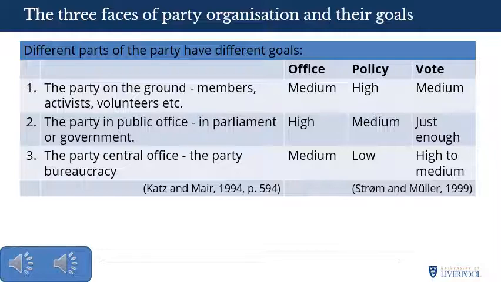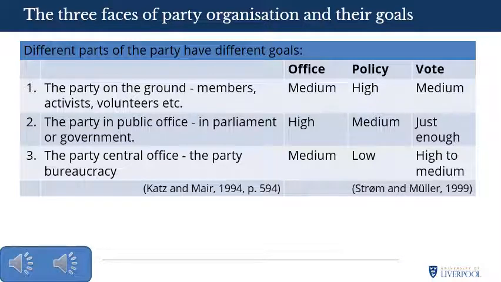Again, another example might be the Conservatives, where members pushed for a long time for a referendum on EU membership, and the Conservative party in office rejected that because they thought it would be a vote loser. However, if the party in public office ignores their traditional supporters too much, they might find themselves losing volunteers or members, and that means they can't run campaigns as effectively as they might otherwise want to.